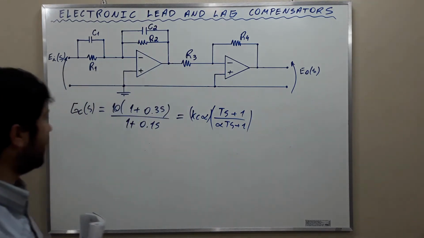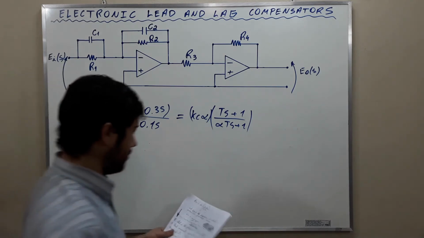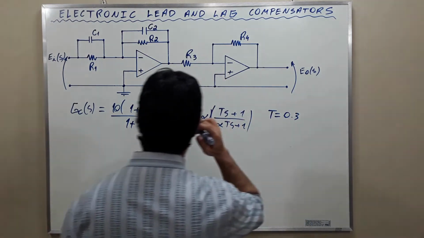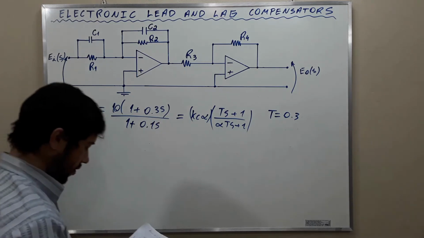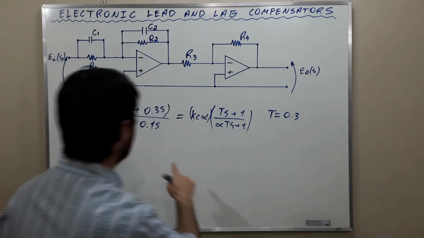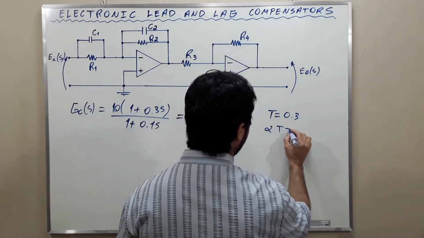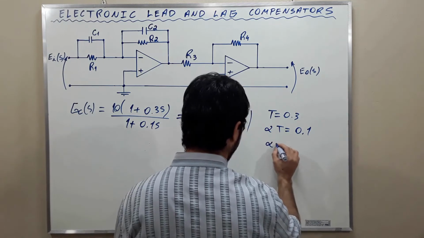In this exercise, if you compare one with the other, you're going to see that T is equal to 0.3, and alpha T is 0.1, therefore alpha is equal to